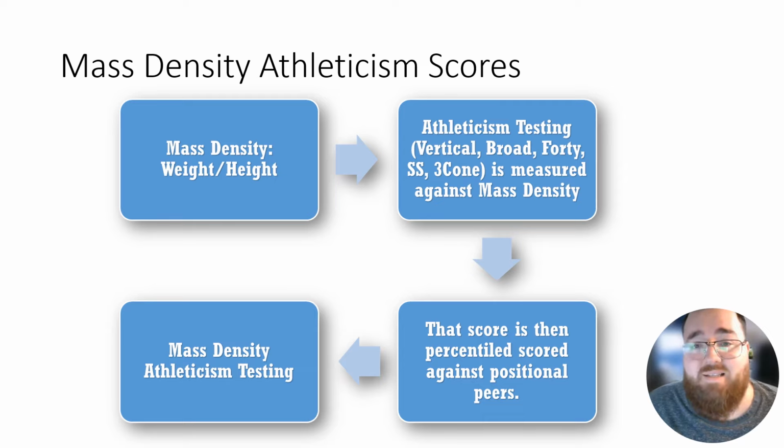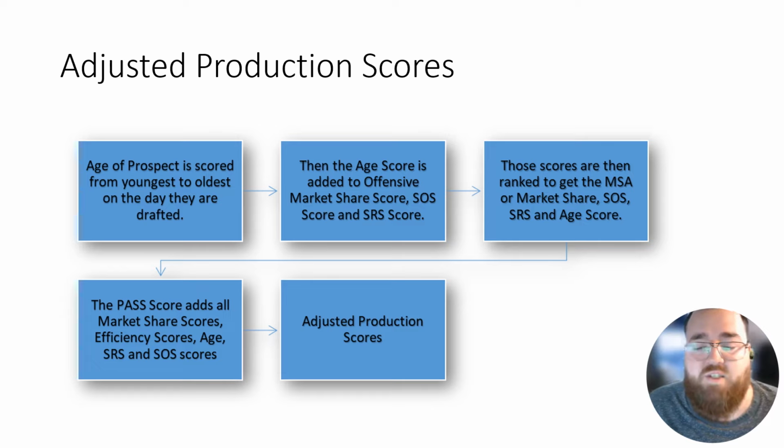Then, of course, we look at mass density athleticism, which takes a look at how athletic they are for their size, based on the vertical, the broad jump, the 40-yard dash, short shuttle, three cone, all those different kinds of things. Then, of course, we have adjusted production scores, which take a look at their production in the context of the school they played for, the competition they faced at that school, and their age, to give you contextual production, if you will. And there are heavy correlations in terms of adjusted production scores. It's by far one of the most correlative metrics that I use in evaluation. Well, with that stuff out of the way,